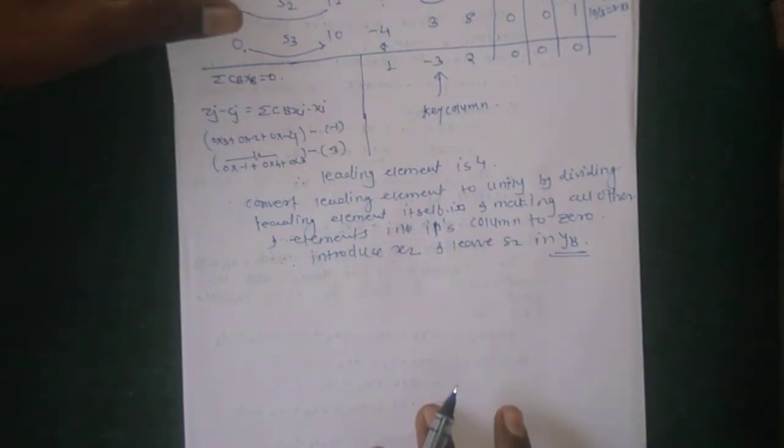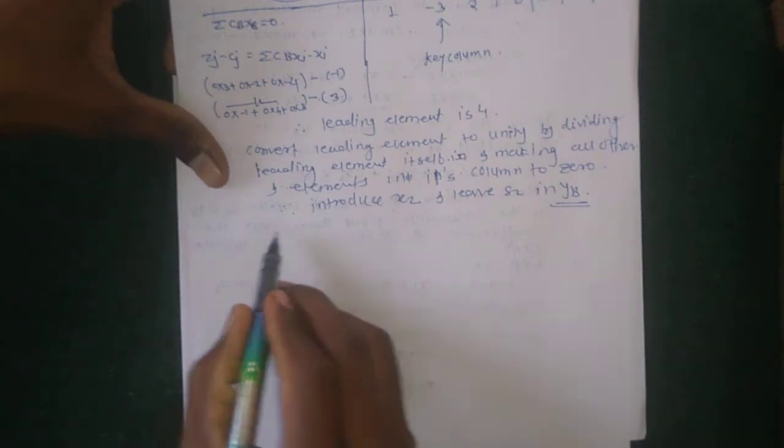So therefore all these terms, all 3 steps in one column, so we get